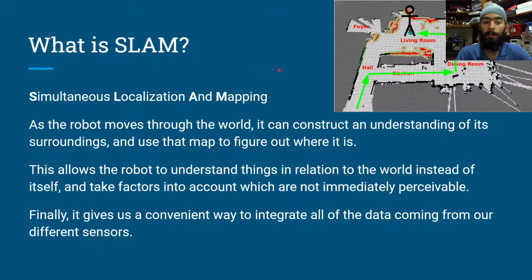SLAM allows the robot, as it moves through the world, to construct an understanding of its surroundings and then use this map that it's built to figure out where it is. This allows the robot to understand things in relation to the world instead of in relation to itself, and also take factors into account that are not immediately perceivable. Finally, this unified map gives the robot a convenient way to integrate all of its data that is coming from